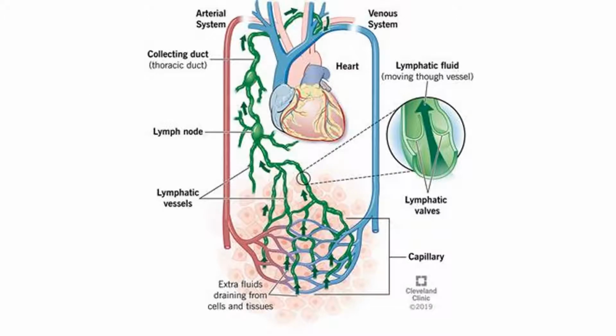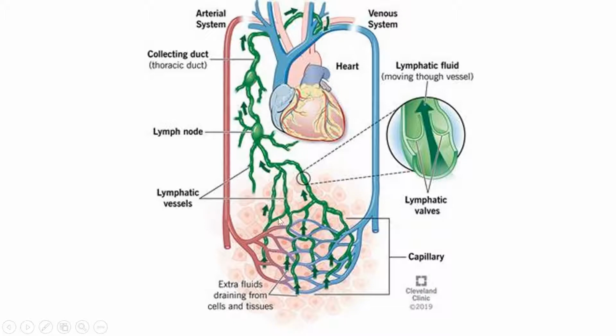We are going to discuss the lymphatic drainage of the lower limb. But before discussing the lymphatic drainage of the lower limb, we must know what lymph actually is and how the lymphatic system works. As you can see, we have arteries, then arterioles and capillaries. At the capillary level, due to osmotic pressure within the capillary, the plasma keeps on